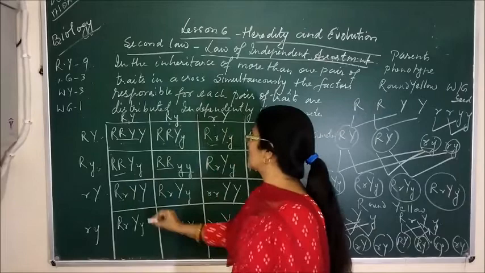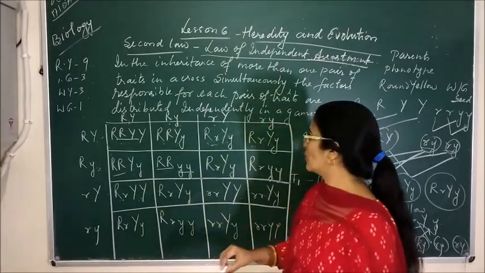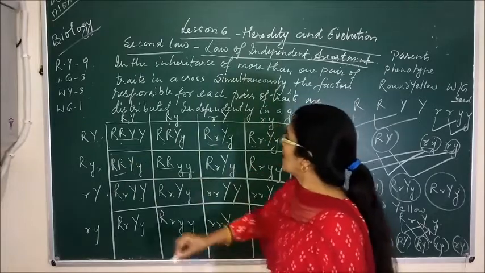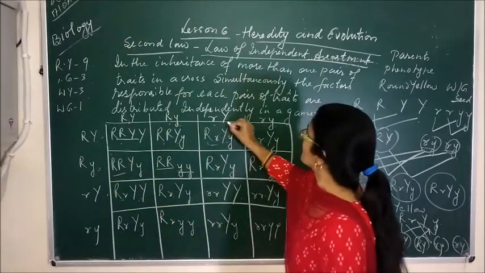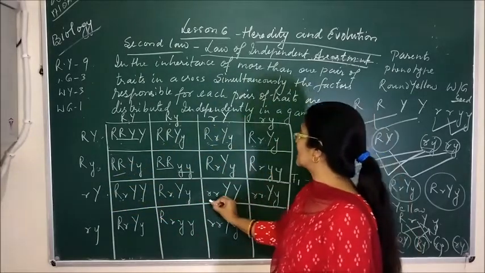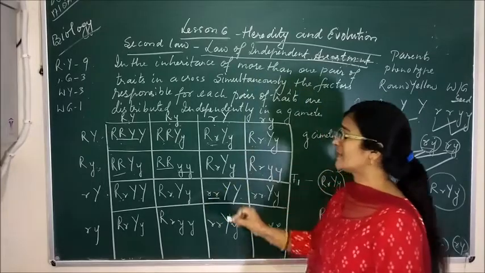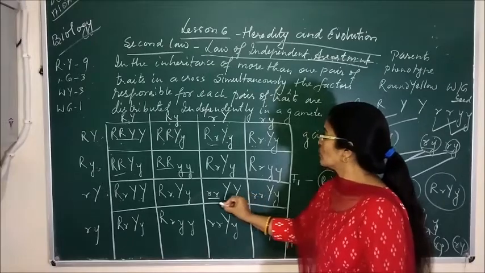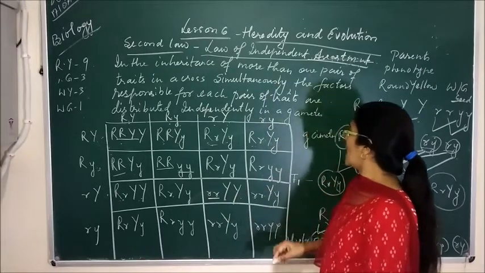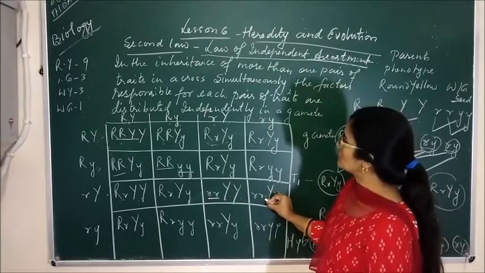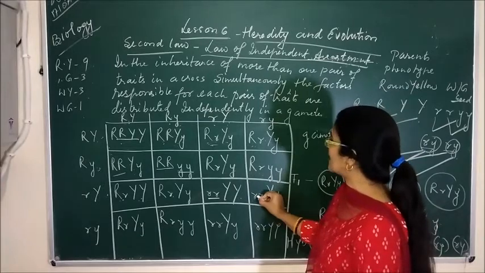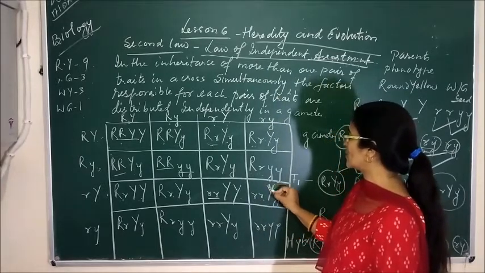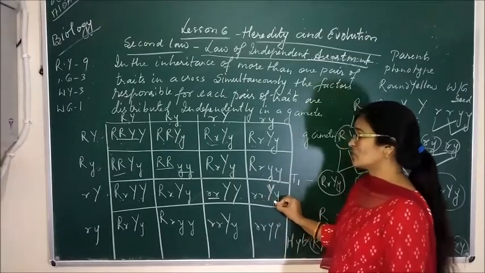Now the third, if we crossbreed this one, here again round and yellow, because both are dominant characters, so this plant will also have round yellow. This one also round yellow when this crossbreeds with the second one. When the first crossbreeds with the third one, here we can see wrinkled, because both are recessive characters, but the dominant character is yellow, which means it is wrinkled yellow. And here also in the last one we can see that wrinkled is the recessive character but the dominant character yellow is there, so wrinkled yellow seeds.